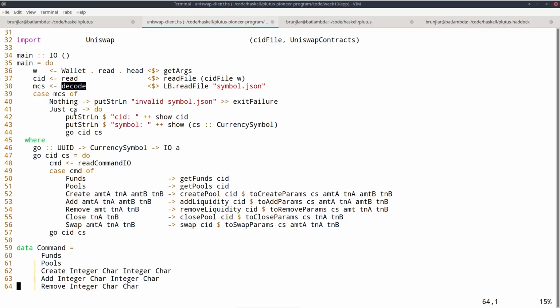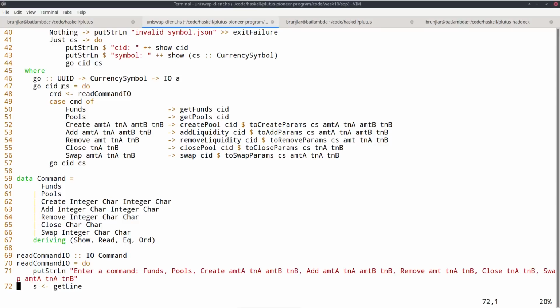I just check whether there was an error, and if not, I invoke this go function where I give as parameters the CID, the contract instance ID, and the currency symbol. And here it's just a loop. I read a command from the console. We get to the commands in a second. And then depending on the command, I invoke various helper functions.